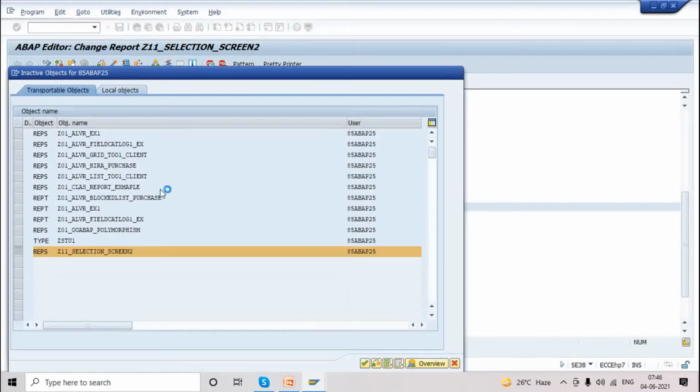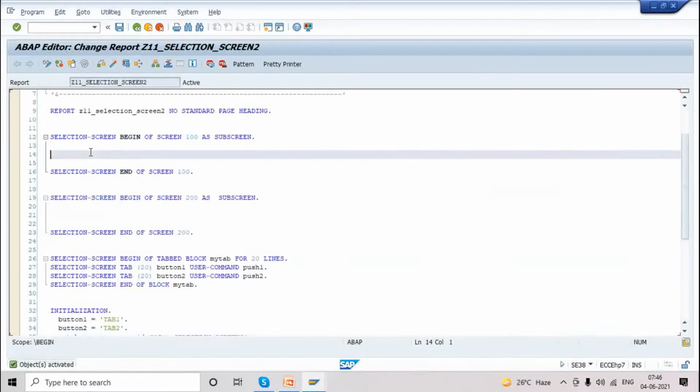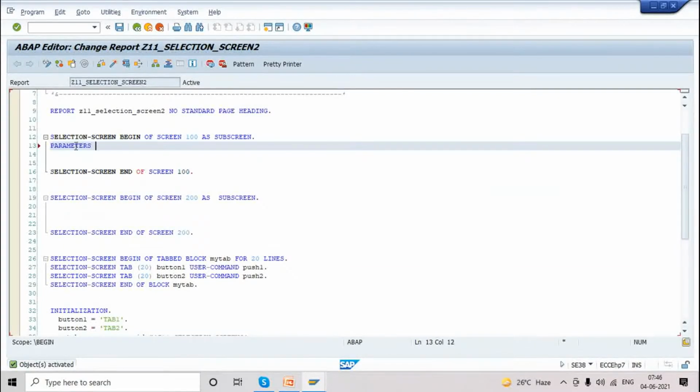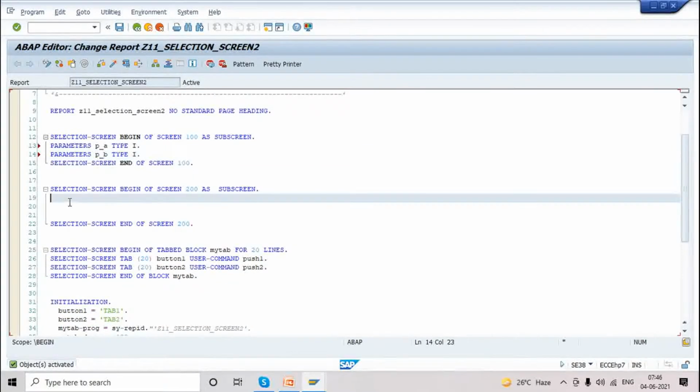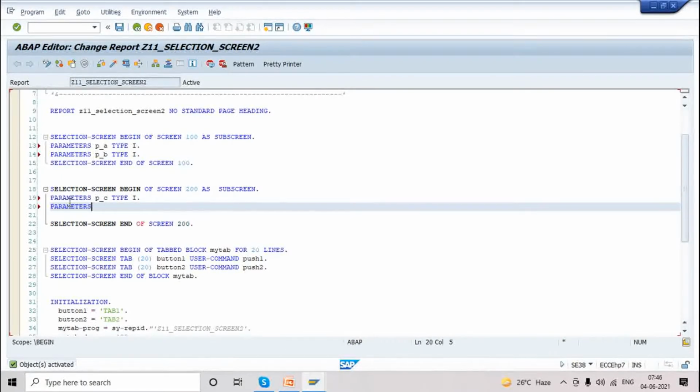Just activating. Now see, I'll create a few parameters. In the first screen, I'm creating parameter p_a, type integer, then parameter p_b, type integer. Next, in the second block, I'm creating parameter p_c, type integer, parameter p_d, type integer.